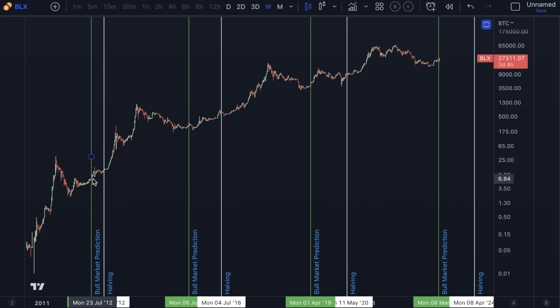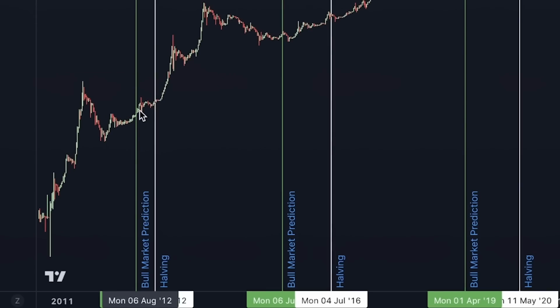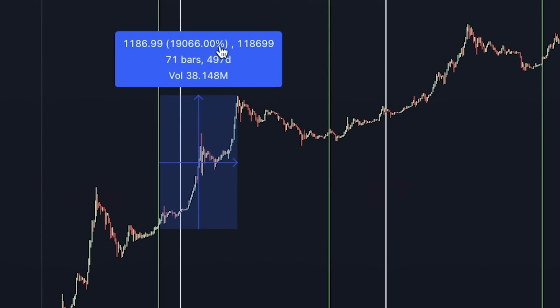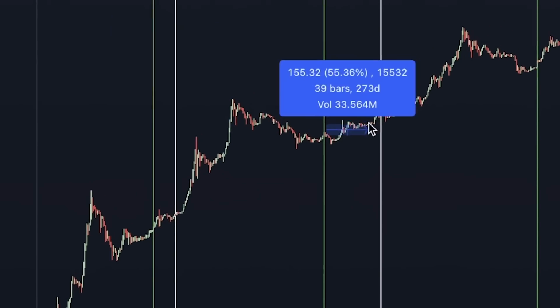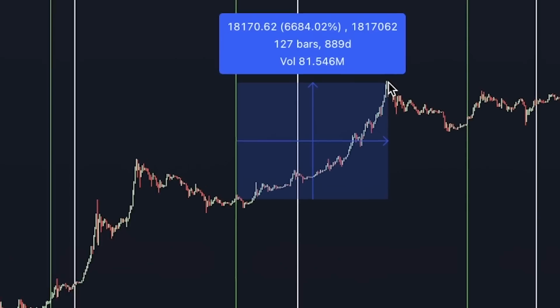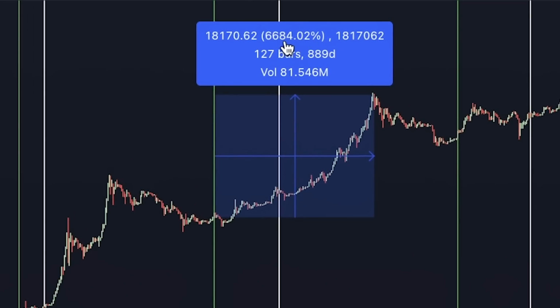This buy signal, which was confirmed in July of 2012, happened roughly half of a year, 6 months, maybe 5 months before the halving in November of 2012. This buy signal, because it happened right before the halving, called the bull market, rallied the market nearly 19,000%. The next confirmed buy signal was confirmed on July 2015, and that happened roughly 1 year before the halving event. And as you can see, the market went into a rally of, depending on how you measure it, between 6,000%